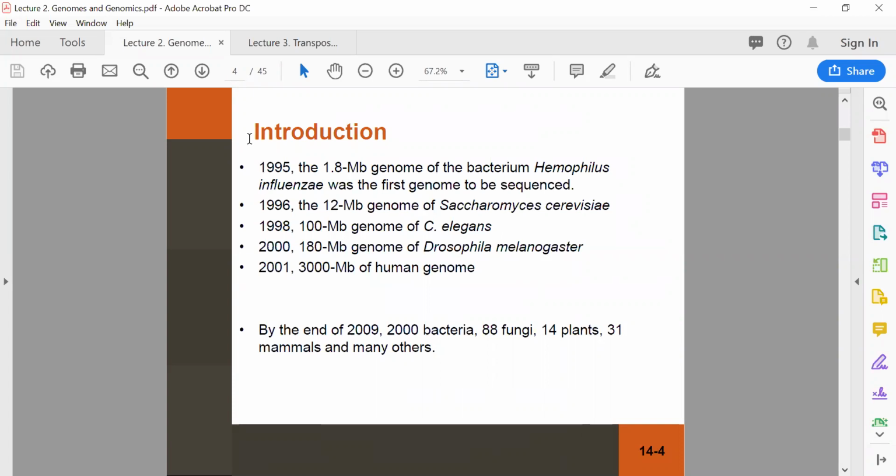All right, so in 1995, the genome of this bacterium, Haemophilus influenzae, was the very first genome to be sequenced. The size of that genome was 1.8 megabases, where 1 megabase equals 1 million base pairs. And this bacterium, just for your interest, was thought to cause the flu, influenza, right up until